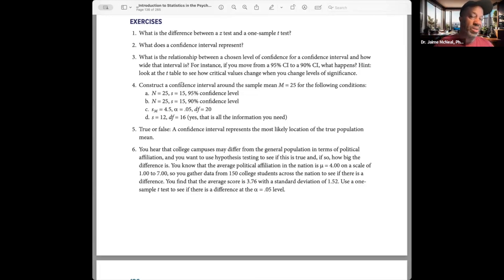If you understand how to do a 95% confidence interval, you also know how to do one for 90 or 99. But look in problem C, they don't give us the n size, but they give us the degrees of freedom. If you know the degree of freedom, you know what the n is. Just like if you know the n, you know what the degree of freedom is. You just have to go the other way. And in D, they give us the standard deviation, but they don't give us anything else except the degrees of freedom. So let's talk through how to fill in those gaps and create the answers. Let's go back to the map.